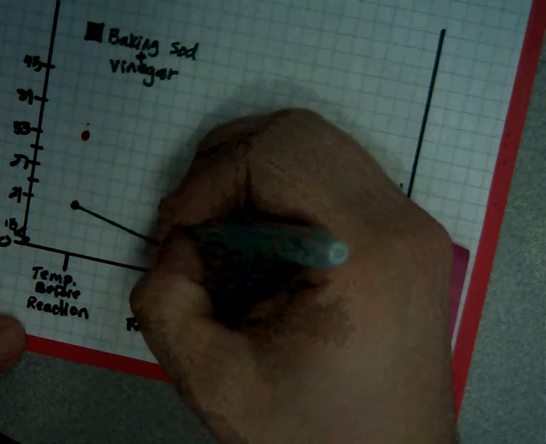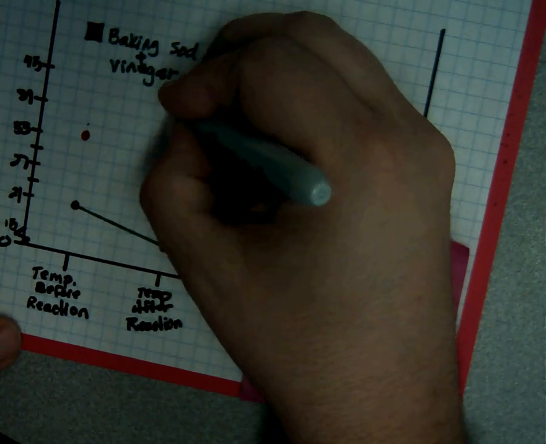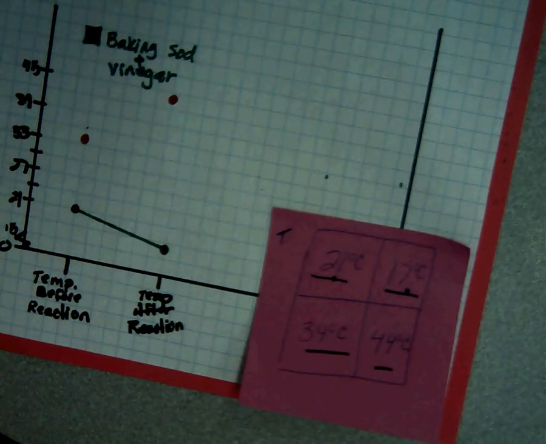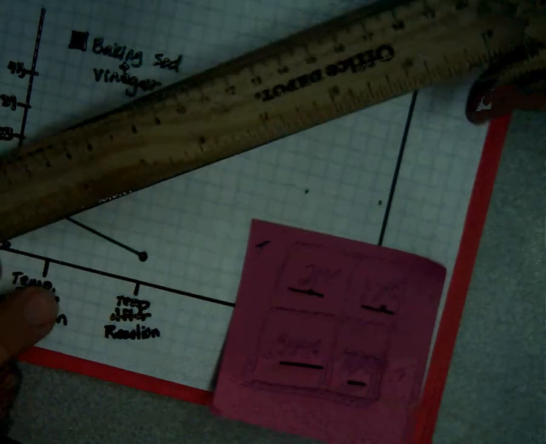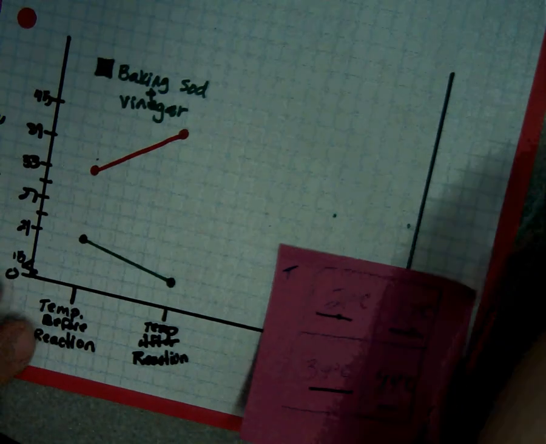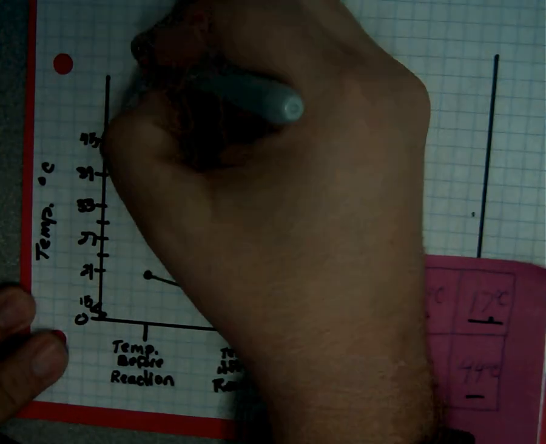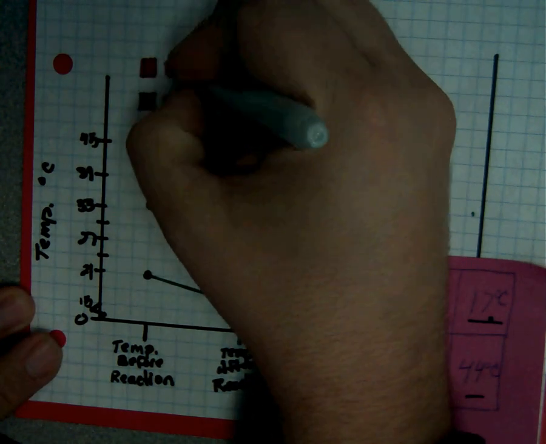So after, I'm going to do the same thing. I'm going to 40, here's 45. 44 is going to go right below it. And just like I did before, I'm going to draw my line between the two of them. Okay, and now I have my line graph down. And I'm going to go ahead and label this one up here. Then my red is baking soda